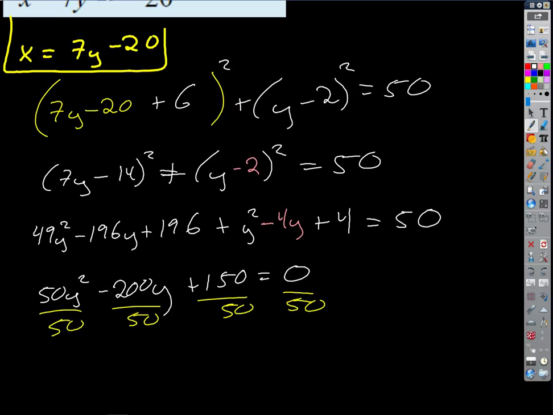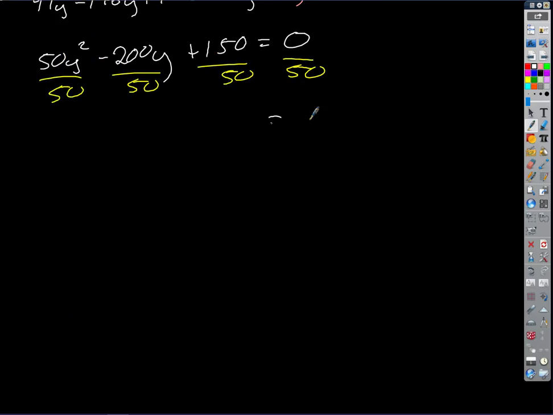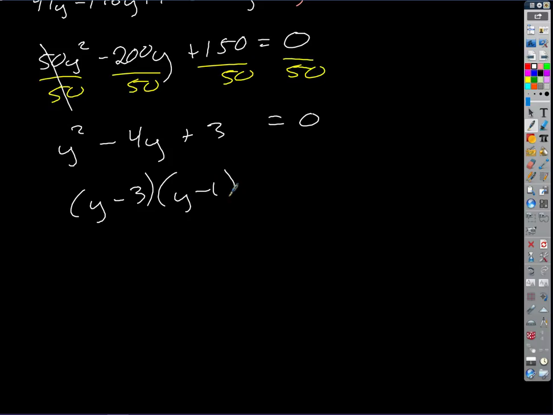I got 0 on this side. These 50s cancel. So y squared minus 200 over 50 is what? 150 over 50. That's the same thing we had last time, isn't it? Same quadratic equation. What were the solutions to this? Yeah, right, we factored it into (y − 3)(y − 1), right? It was x last time. We have magic numbers. Multiply to positive 3, add to negative 4. So what are the solutions then? Either y equals 3